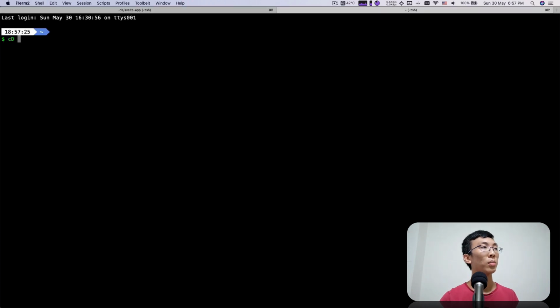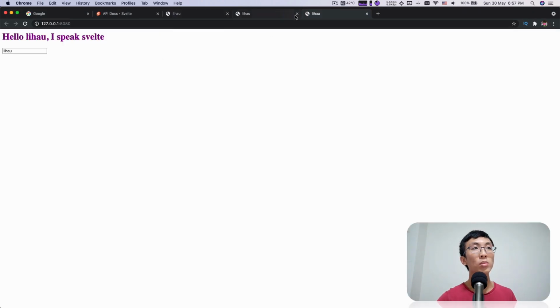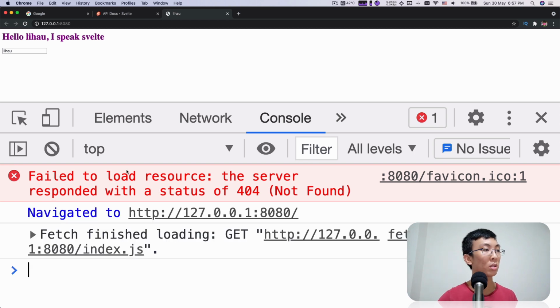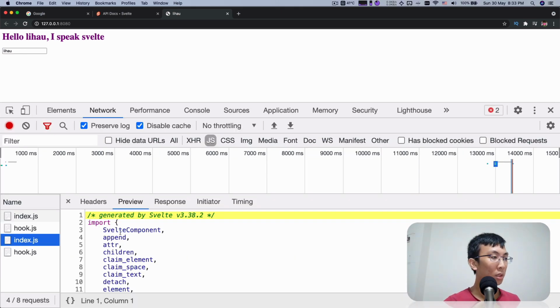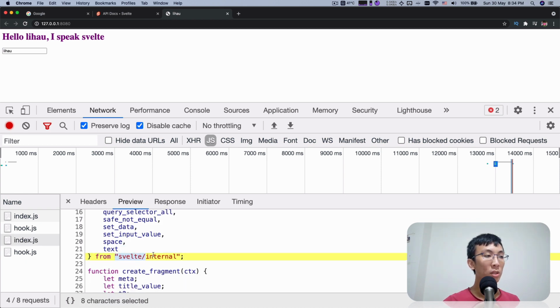So here I'm going to open a new tab and run an HTTP server to serve the public folder. Now I'm going to visit this, and it will still serve our index.html, right? If you take a look now, we realize that we loaded index.js and it's still not working. I think index.js is loaded correctly. I'm not sure, maybe because of this, right?